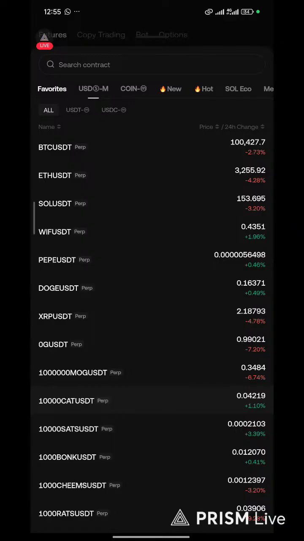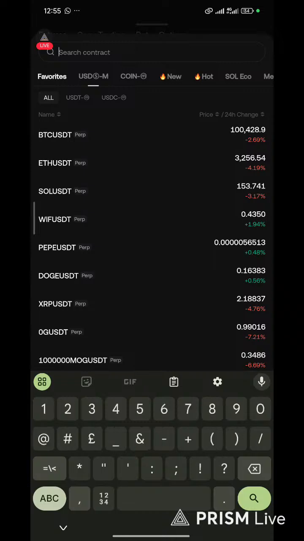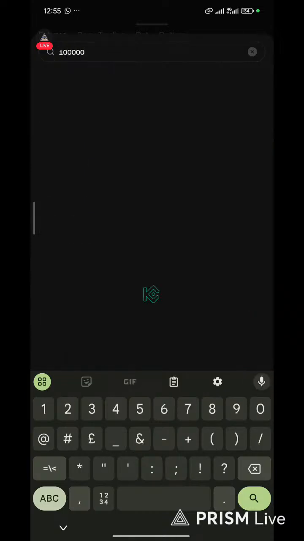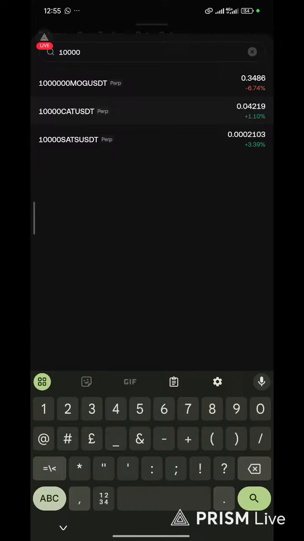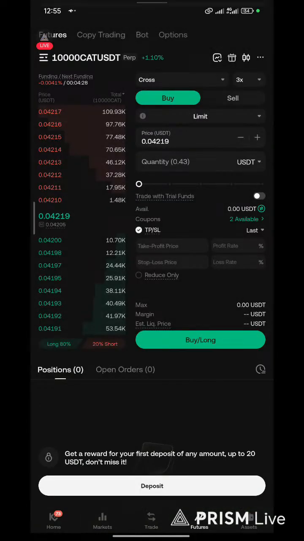It's definitely set on default to BTC, right? BTC is always the first one you're going to see. So after that, you are going to type here 10,000 CAD USDT. That's what I'm going to use. Once you type 10,000 CAD USDT,